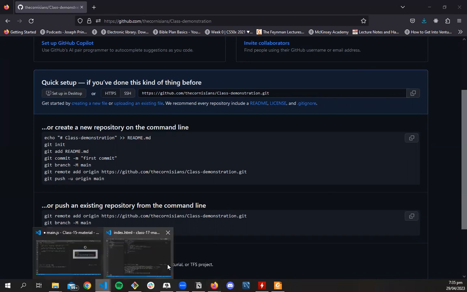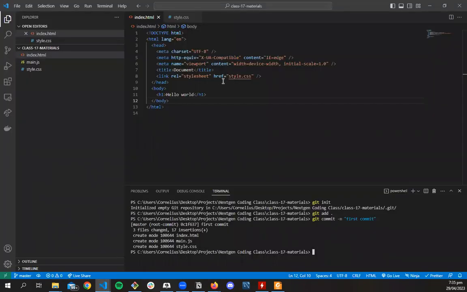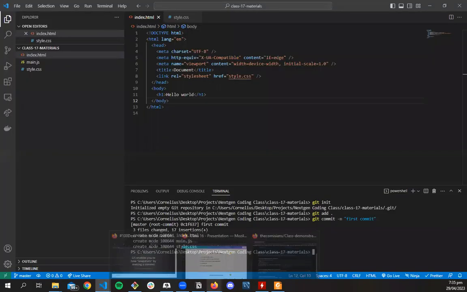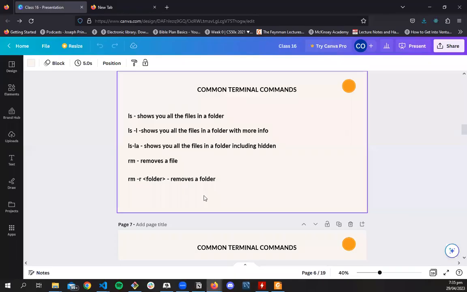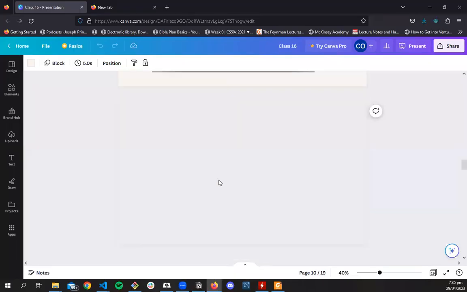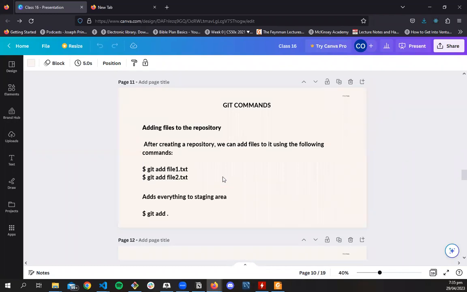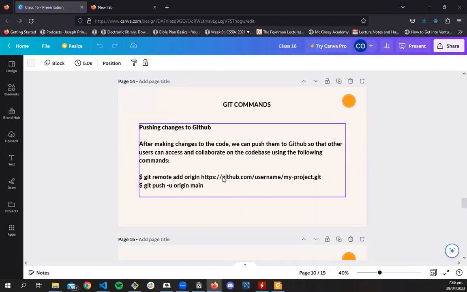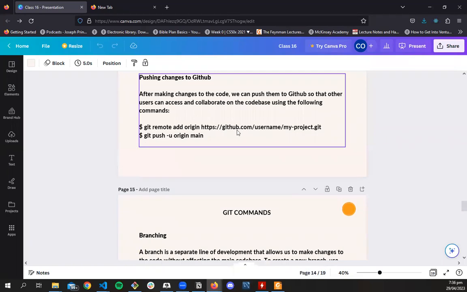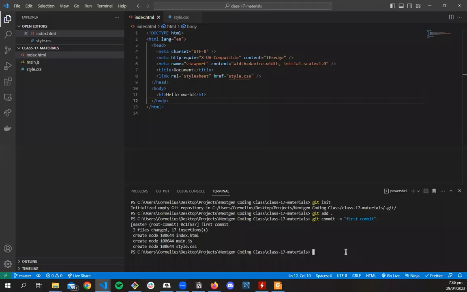So if I copy it, when I come back into VS Code, what I want to do now is push it. And just to show you, I want to add the remote origin. So remote origin is where I'm pushing it to. So I've already copied the link, which was the link for the repository. By the way,